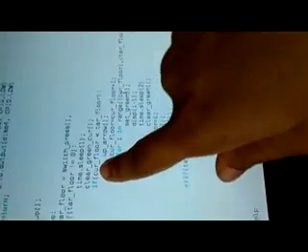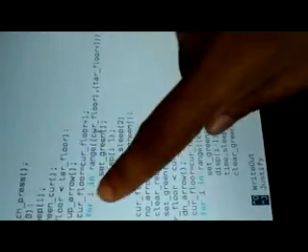then our lift is lower. Suppose our lift is at the first floor and we have pressed the third floor, that is, 1 is less than 3, so the upward arrow will start blinking here. Our lift will move upward, like current floor equals current floor plus 1, that is, floor by floor it will move upward. Now this i indicates the current status of the lift, that is, the current floor and the target floor. In this way, according to this for loop, our lift will be moving upward.